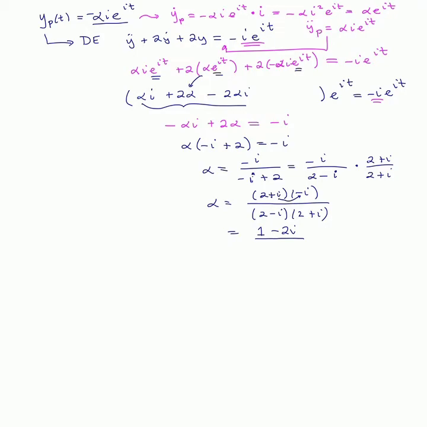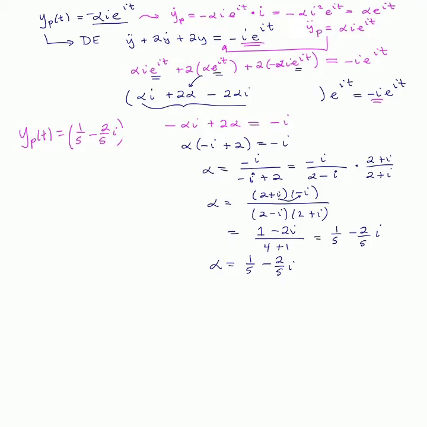foiling this out will be 2 times 2 is 4, 4 plus 1 will equal 5. So you will get 1/5 minus 2/5 i. Okay, and there is your coefficient for alpha. And now you know that your particular solution is 1/5 minus 2/5 times i e